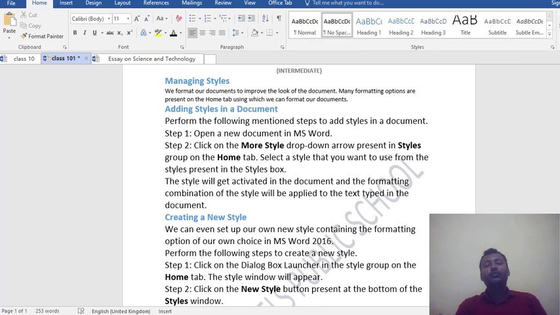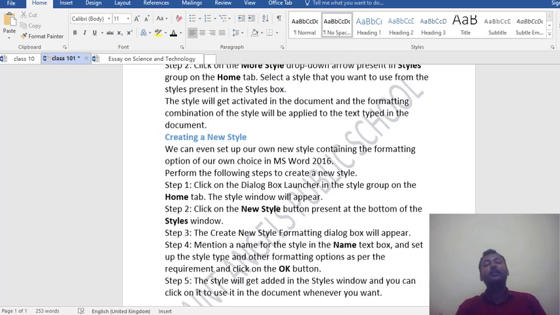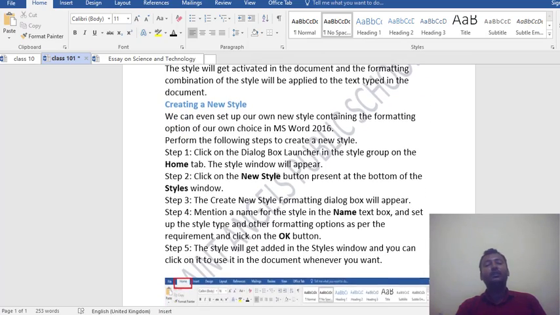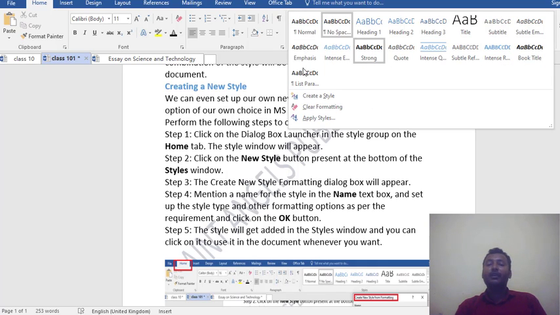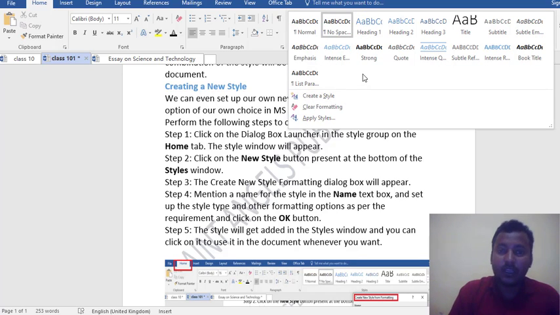Then we need to discuss creating a new style. Many types of style are present in this, but we want to create a new style according to our requirement.